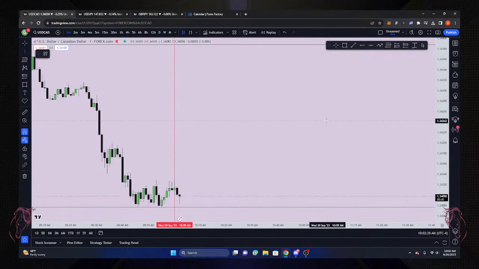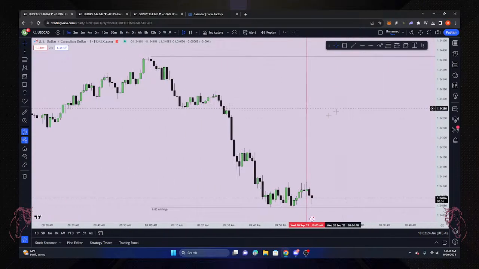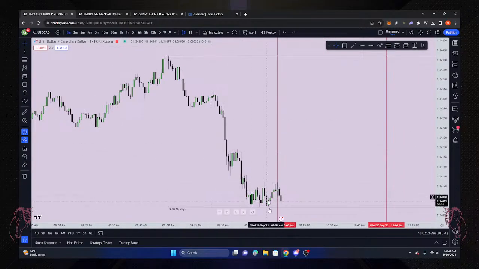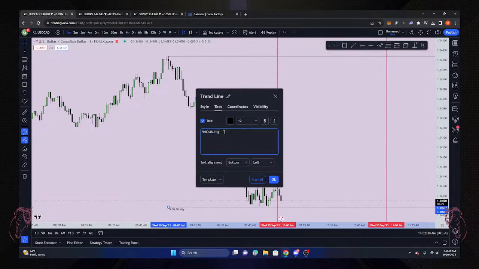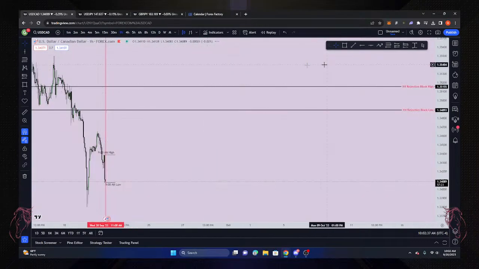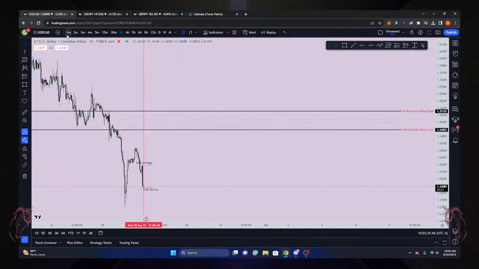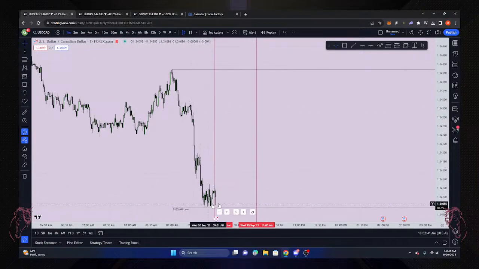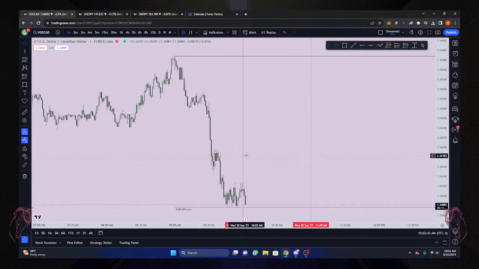to 11 kill zone times. So if this 9 a.m. low is broken, probably mixed them up, hold on. So yes, if this 9 a.m. low gets broken, which looks like it might,